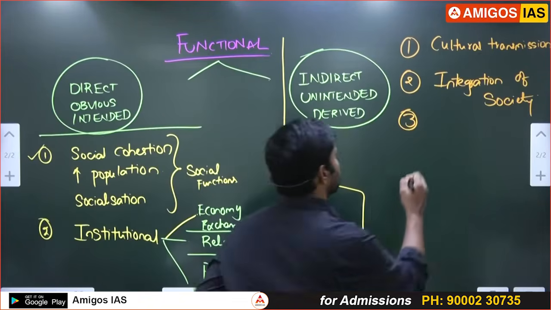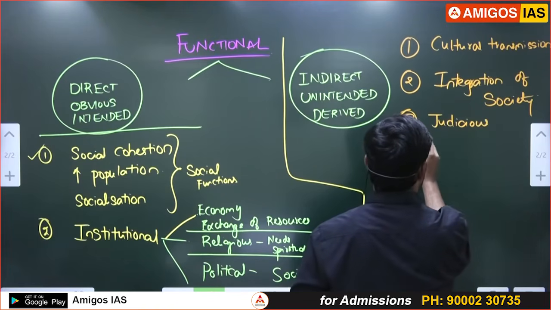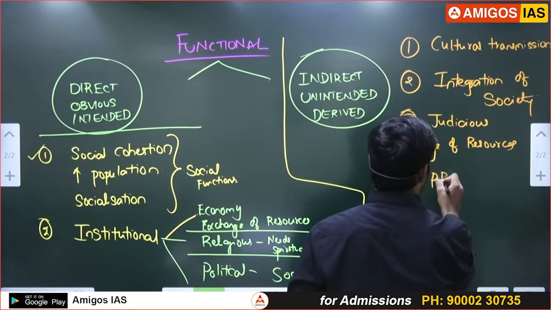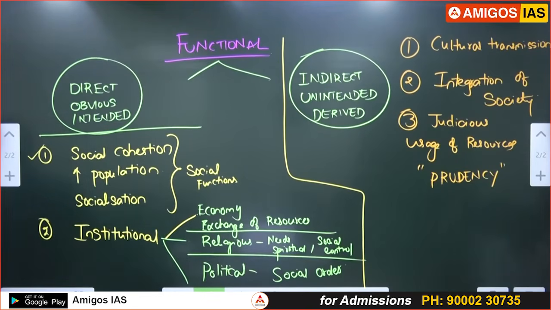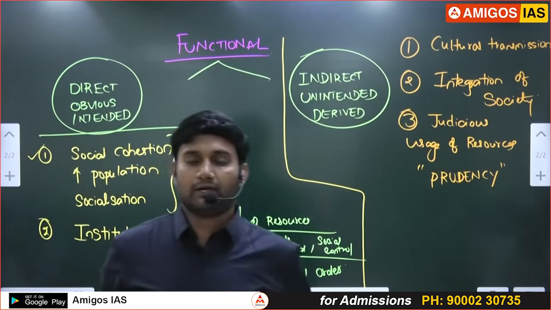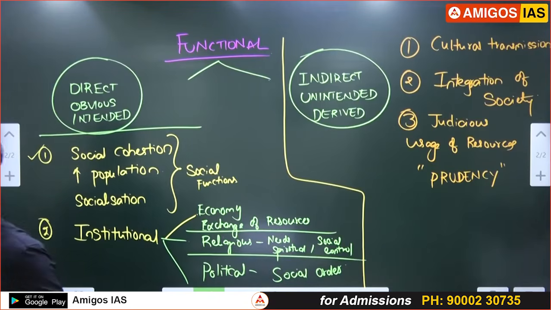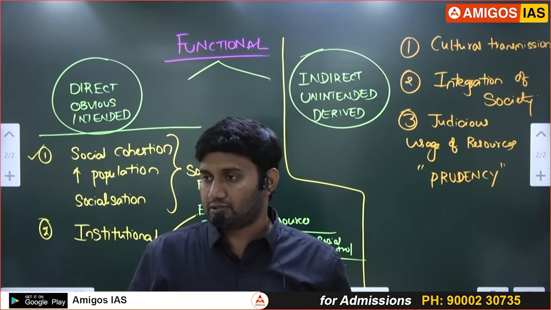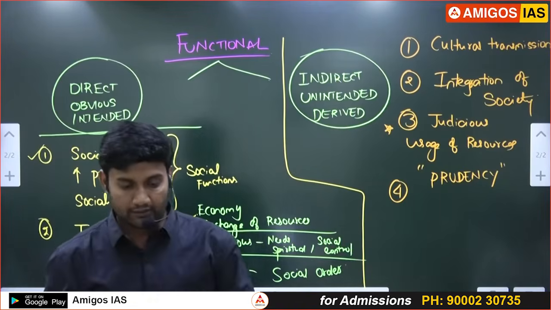And also it gives the judicious usage of the resources. So there is a term called prudency. What do you mean by prudency? So prudency is efficiency in utilizing the resources. For example, if you have only 100 rupees, how better you utilize that 100 rupees is the prudency. Most prudent means where you are giving best utilization of that specific resource. So this prudency of utilization of resources is also one of the unintended or derived functions of the village social